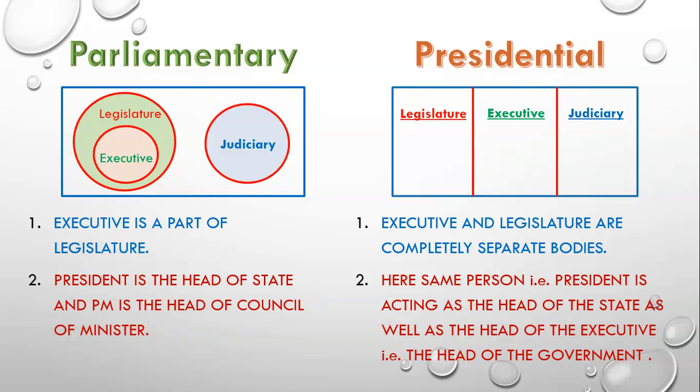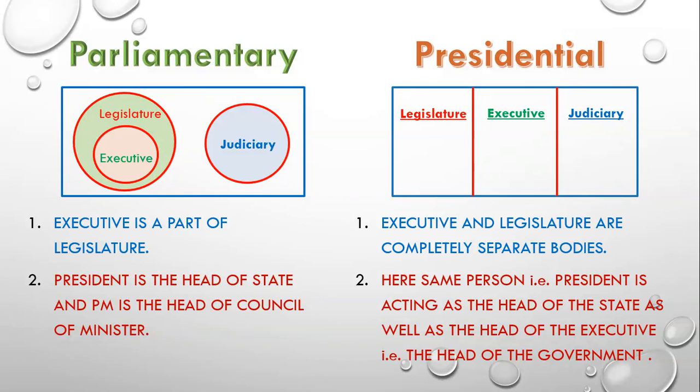It means that all the powers of India are vested in the president. But friends, according to the Constitution of India, the President of India shall perform all his functions and shall exercise all his powers only on the advice of the Council of Ministers. Meaning the President cannot use his powers or perform his functions without the advice of the Council of Ministers. The President is duty bound to follow the advice of the Council of Ministers. So who has the real power? The Council of Ministers has the real power.